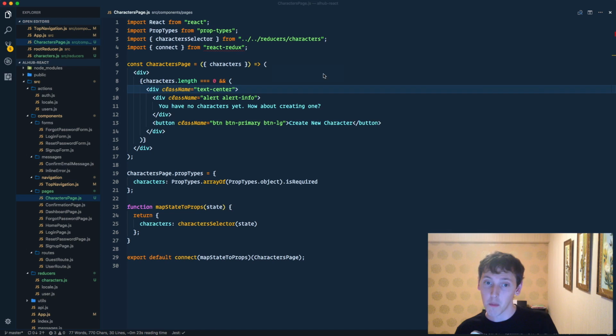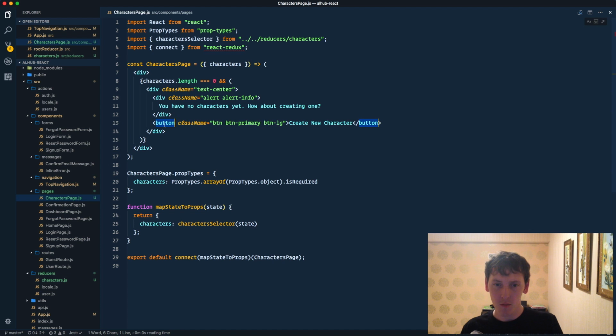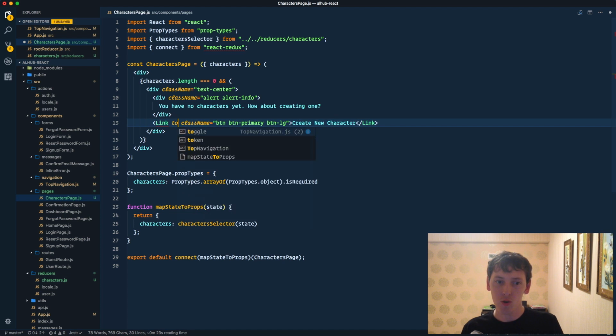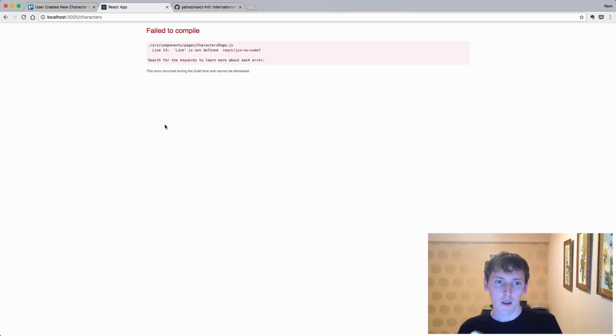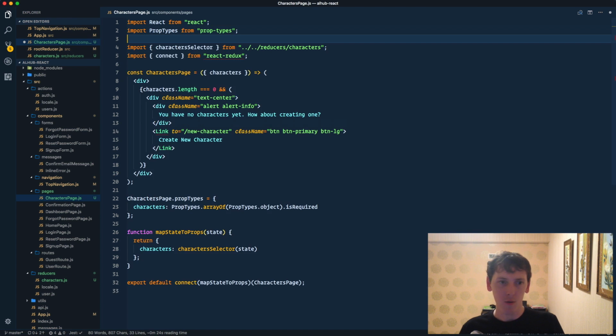So this is actually not a button. It's going to be the characters/new or new character. It actually doesn't matter. So let's change this button to a link, and we set it to, let's say, characters. So we could do something like new character, right? And that's totally fine. Oh, I just need to import Link